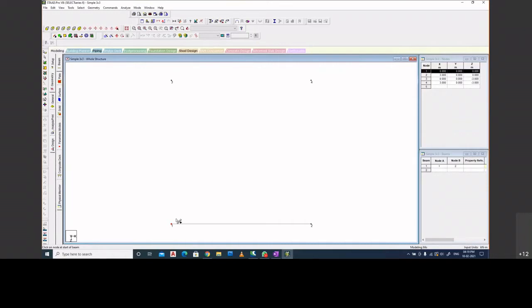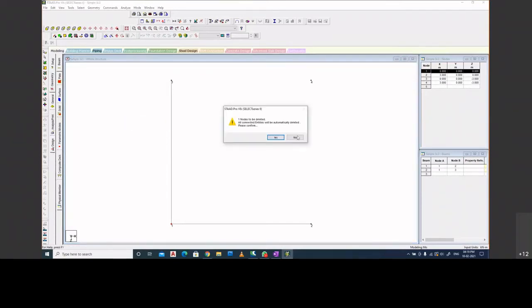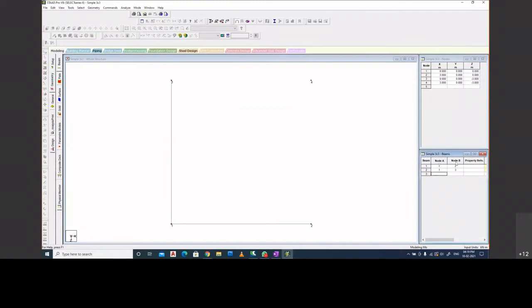Again, I'll click on node 1, go to node 3, and create this way. Let me show you very quickly what the other way to do that is. If you look here, you can mention node A and node B. So here you can write node number 3, over here node number 4, so your beam from 3 to 4 will get connected.